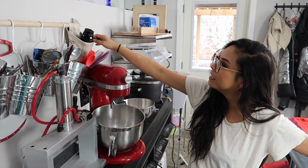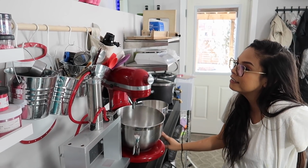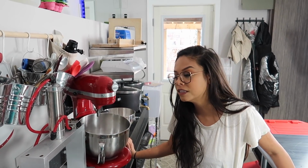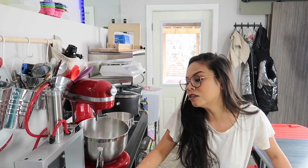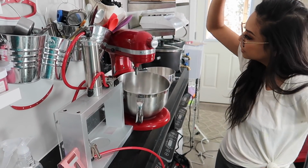This little pouch here is where I keep my immersion blender. This is also from IKEA. I just really liked how this looked. It was nice to be able to hang things so that you're not using up valuable shelf space for other things. Like for example, the shelf space that we used here is awesome for our bath bomb press, our KitchenAid